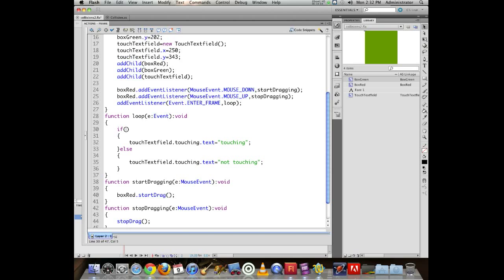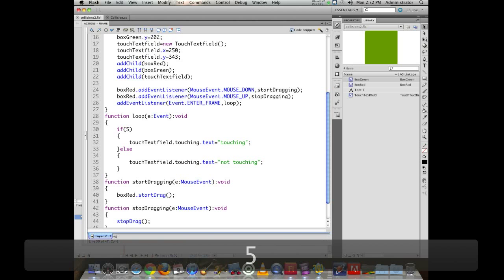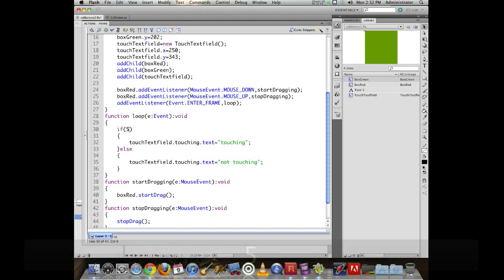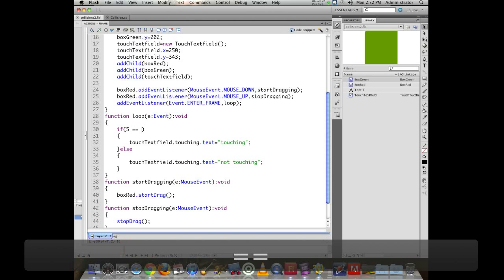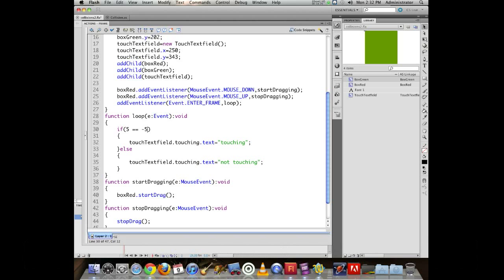So if I have a number like 5, the absolute value of 5 is actually equal to the absolute value of minus 5, because absolute value means we throw away any minus signs and we just look at the number